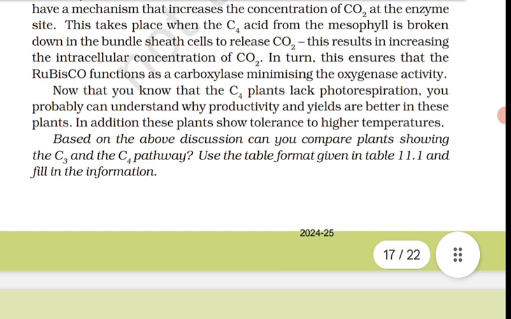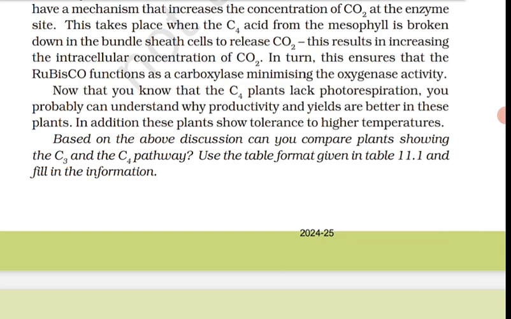ठीक है। विच सेल्स इन द प्लांट हैव रूबिस्को, C3 प्लांट में मीजोफाइल में होता है, C4 प्लांट में बंडल शीथ में होता है। CO2 फिक्सेशन रेट अंडर हाई लाइट इंटेंसिटी, C3 प्लांट में मीडियम होती है और C4 प्लांट में हाई, क्योंकि हाई लाइट इंटेंसिटी पे वर्क करते हैं। वेदर फोटो रेस्पिरेशन इज प्रेजेंट एट लो लाइट इंटेंसिटी, C3 प्लांट्स में हाई होता है और C4 प्लांट में नेग्लिजिबल होता है।